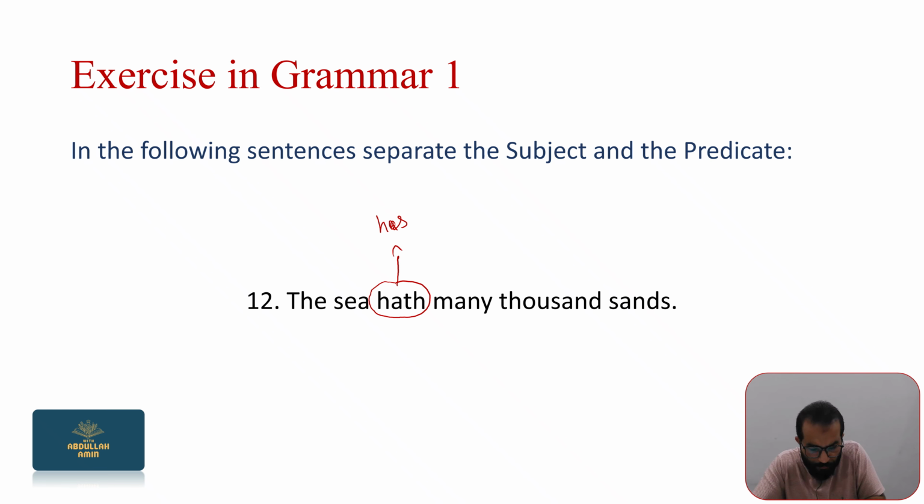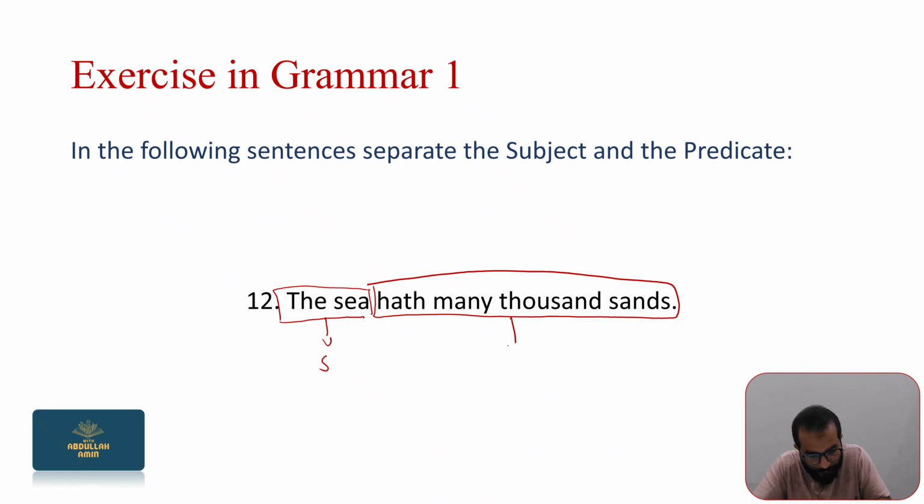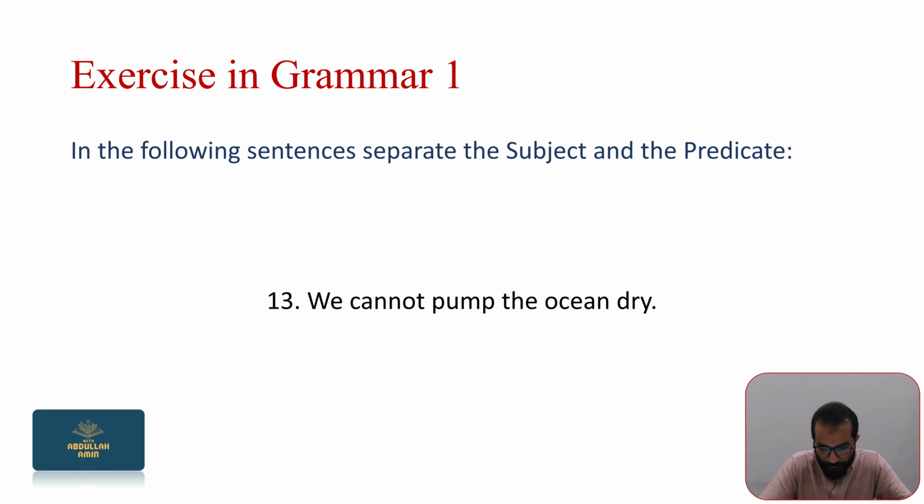Okay, so the sea, this part is, let me remove it. Okay, so this part, the sea is the subject, hath many thousand sands is the predicate. And again I would tell you that this is the verb of the sentence, hath. Though it is from Old English, it is being used as the verb. Okay, so the sea is the subject, hath many thousand sands, it is the predicate of the sentence. Let's move to the